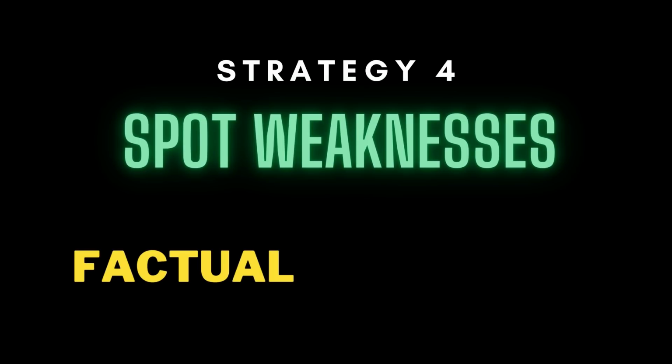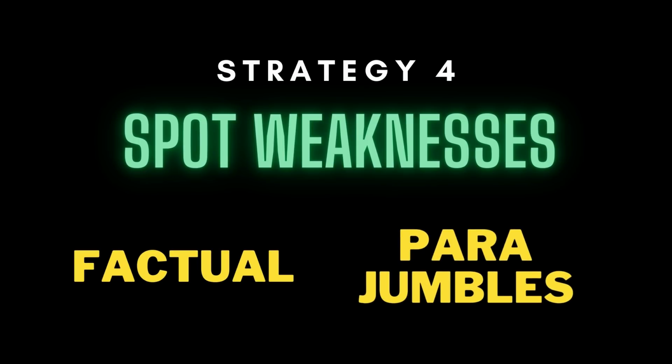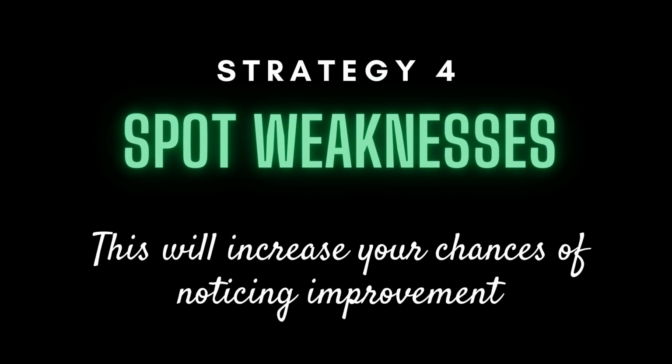Another set of weaknesses could be that your parajumbles are very weak and you're making more and more mistakes in there, or you're not attempting them. So in every section, in every mock, identify two sets of weaknesses in couples and work on them before taking the next mock. The reason I am saying this is because if you identify only one set of weaknesses, then you might end up feeling that you are going to work on it, and in the next mock, if that does not get featured, you might not be able to see a change. While if you take couples of weaknesses, you might be able to observe the change because there is a higher likelihood that one of them will at least appear in the next mock as well.